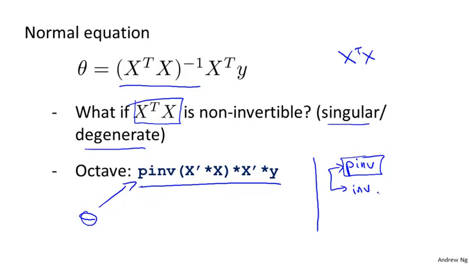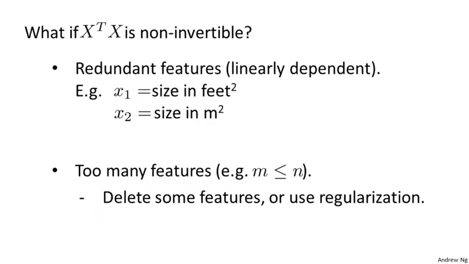But I thought in this optional video, I'll try to give you a little bit of intuition about what it means for X transpose X to be non-invertible, for those of you that know a bit more linear algebra and might be interested. I'm not going to prove this mathematically, but if X transpose X is non-invertible, there are usually two most common causes. The first cause is if somehow in your learning problem you have redundant features. Concretely, if you're trying to predict housing prices, and if x1 is the size of the house in square feet, and x2 is the size of the house in square meters, then 1 meter is equal to 3.28 feet,